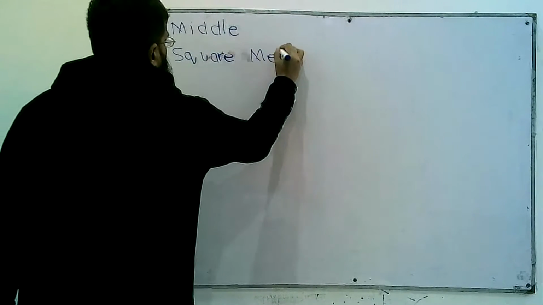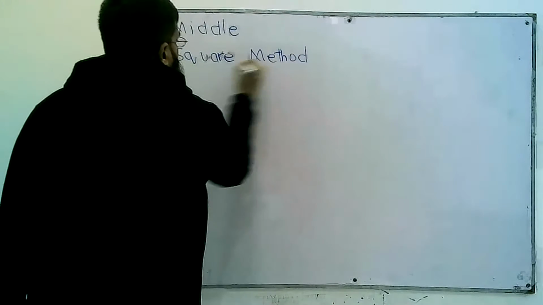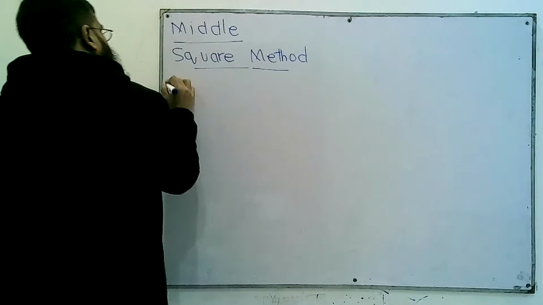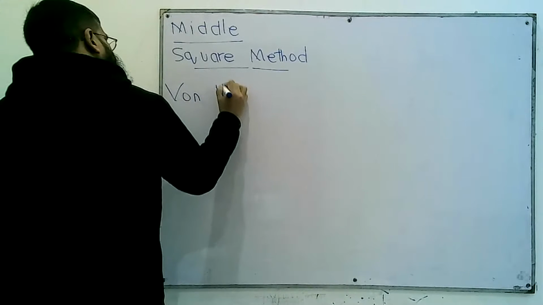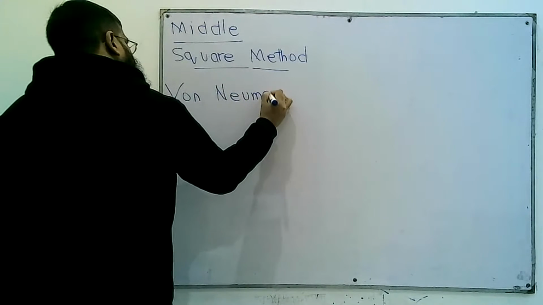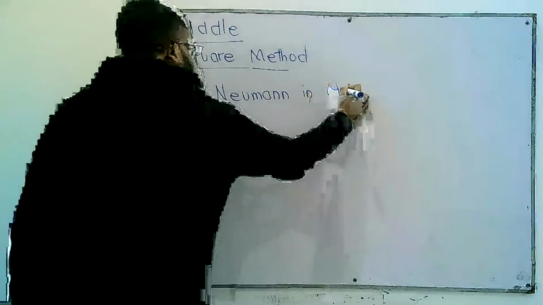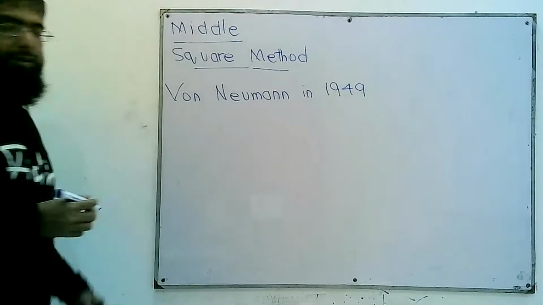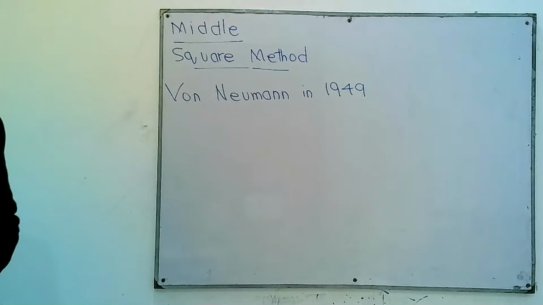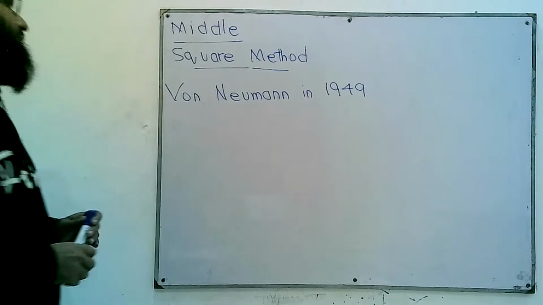Middle square method was proposed by von Neumann in a conference in 1949. 1949 की कॉन्फ्रेंस में वॉन न्यूमैन ने इसको दुनिया के सामने प्रेजेंट किया. और वॉन न्यूमैन ने ये भी बताया कि they are not actually random. In the same conference he told